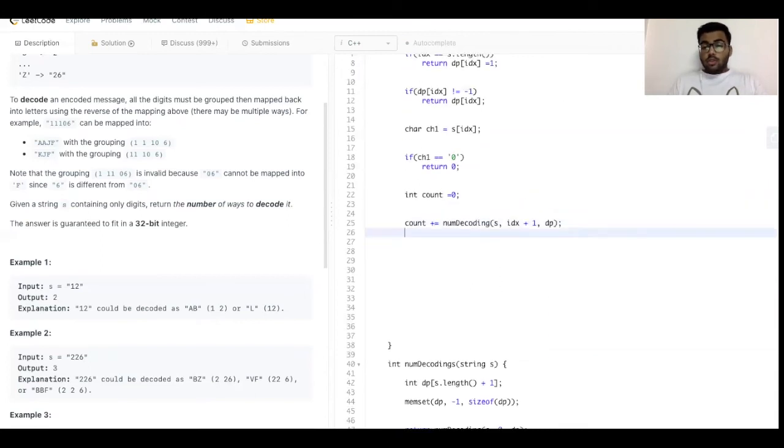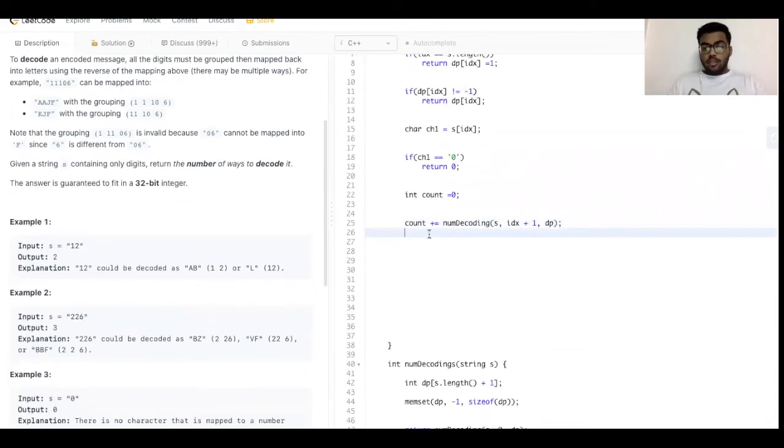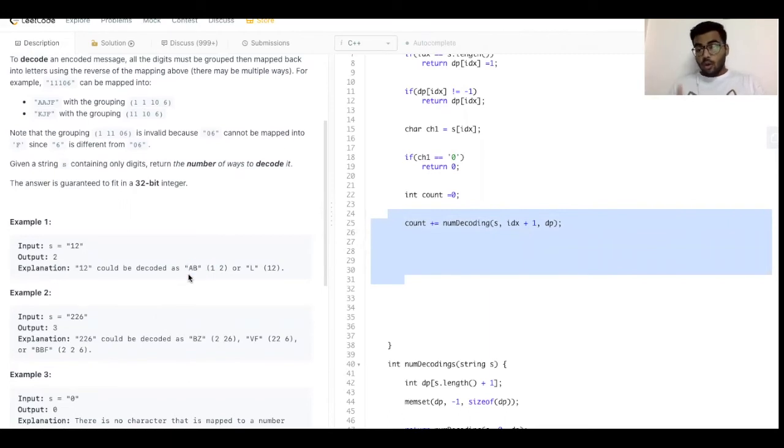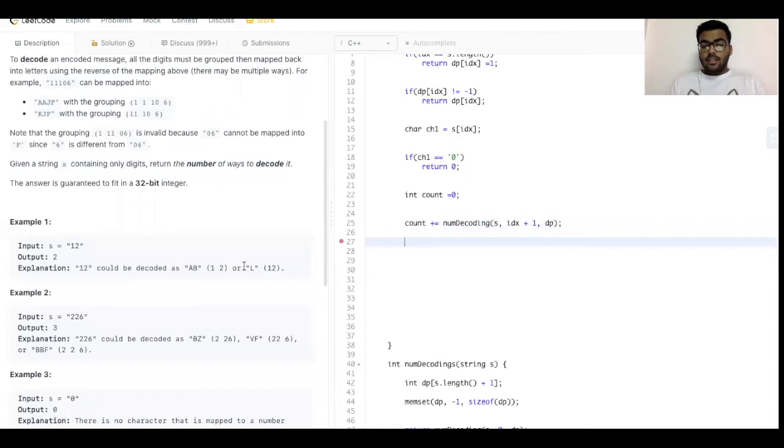We also need to check one more thing. This would be checking the string element by element. So if it is 12, it would be checking 1 and then 2. So basically 1 and 2 can be decoded as AB. But we also need to check if the number contains a string which already has a decoded message.